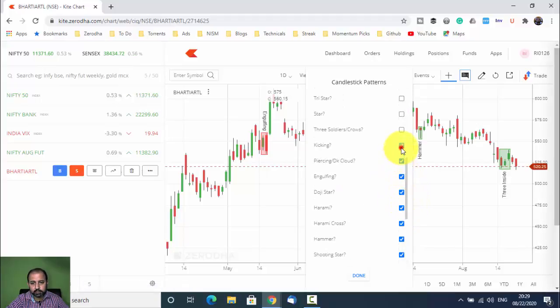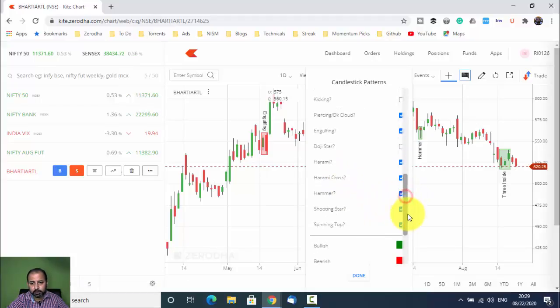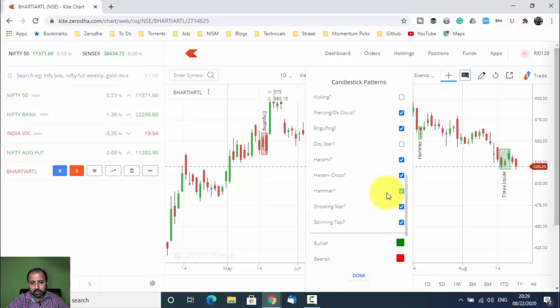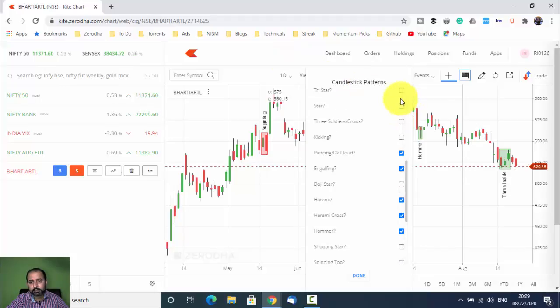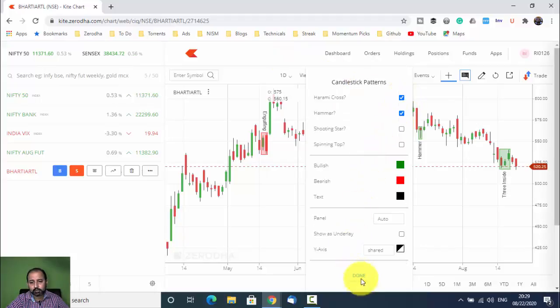I am also removing kicking. I am keeping piercing or dark cloud, engulfing I am keeping, doji star I am removing, harami I am keeping, harami cross I am keeping, hammer I am keeping, shooting star I am removing, and spinning top also I am removing. So you can see now I have kept my favorite patterns, and you need to click on done once again.